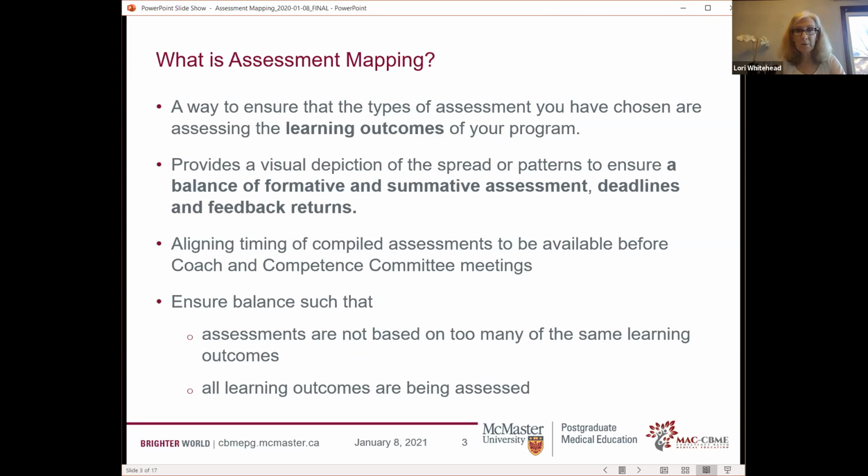And you want to have a balance of tools that are unique to your program that provide assessment of the learning outcomes for both formative and summative things. And you want to look at the timelines of the matter. For example, if you have a coach meeting and a competence committee meeting coming up, you want to make sure that the proper rotations are in place and the assessment tools are input along with those rotations or those learning experiences, and that you've called back those assessment tools so that they're available for the coach and the competence committee